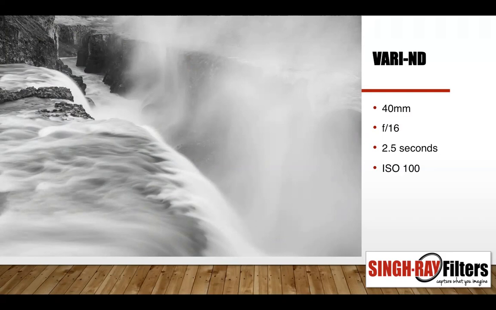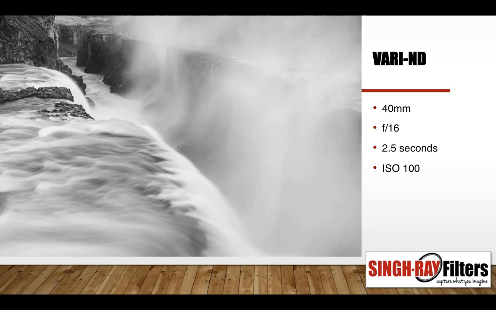So there are 2 ways to approach it. One is generally, if you notice, these last 3 photos I showed were all shot at f/16. f/16, of course, will give you a lot more depth of field, but it automatically slows the shutter speed down if you're keeping the ISO constant. So f/16 and base ISO is kind of where I start and see where the shutter speed is at. And if it is where I want it to be, then great. If not, then I think about which filter I need to put on.